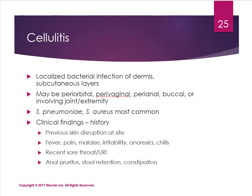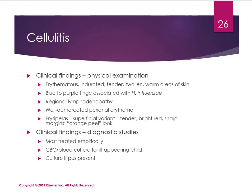When taking your history, it's important to note if there's been any previous skin disruptions at the site, any fever, pain, malaise, irritability, not willing to eat, chills, recent sore throat or upper respiratory infection, any anal itching, stool retention, or constipation. On physical exam, you may notice that there's a reddened, indurated, tender, swollen, warm area on the